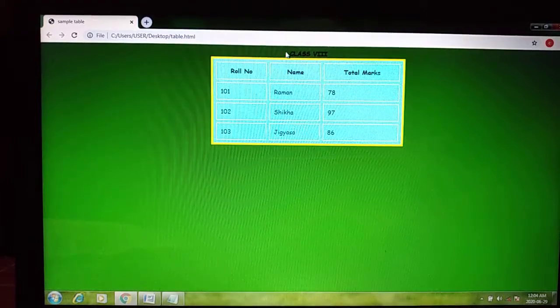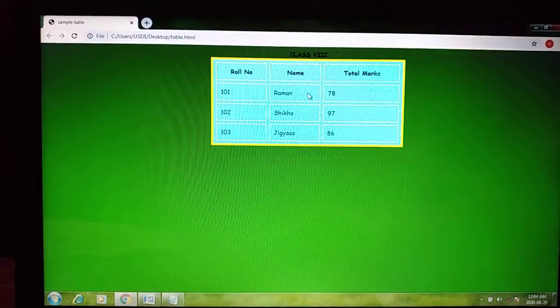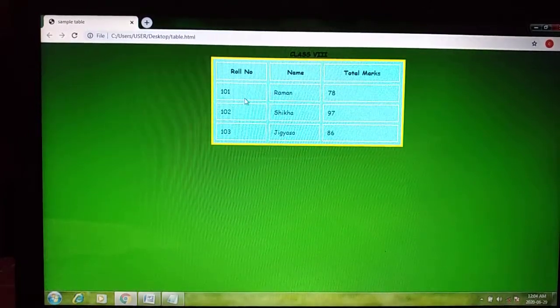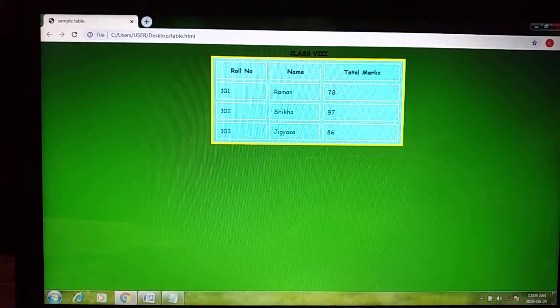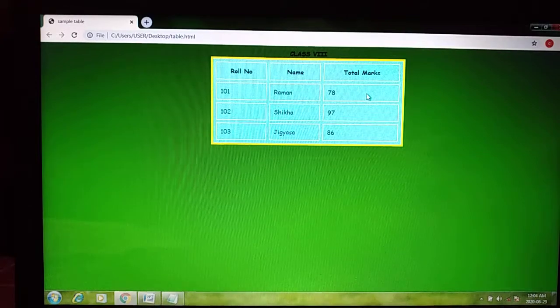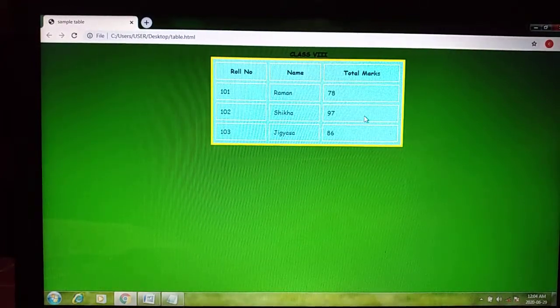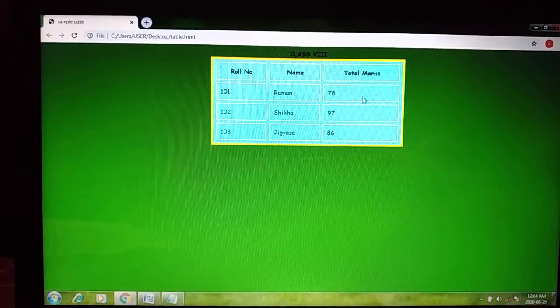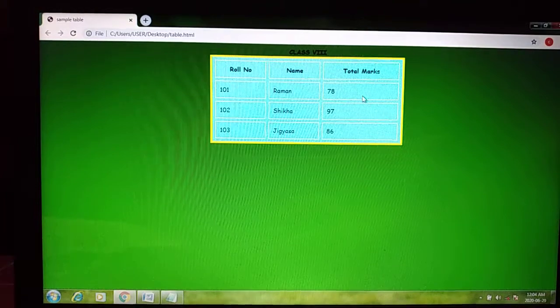Then border 5, border color yellow, and BG color, table's background color was given as cyan. So you can see the table background color has been changed to cyan. Cyan is this color. So all the settings are applied to the table now, only with the help of attributes and their values.